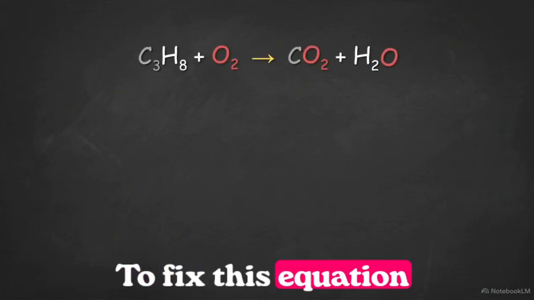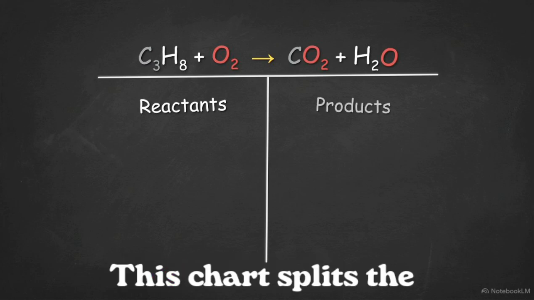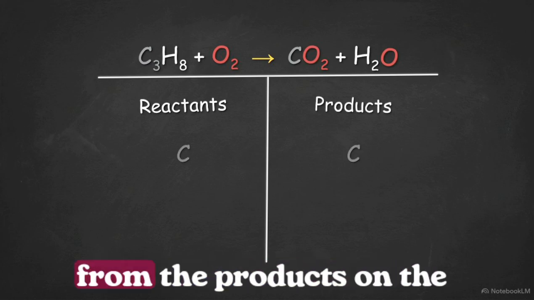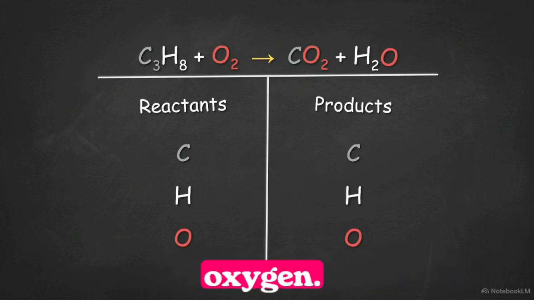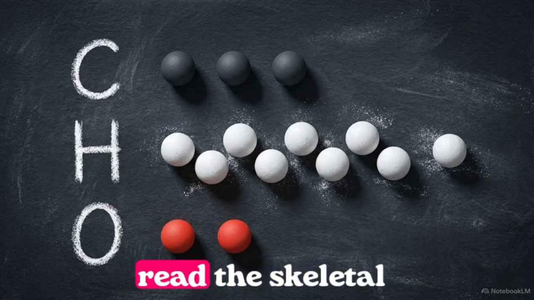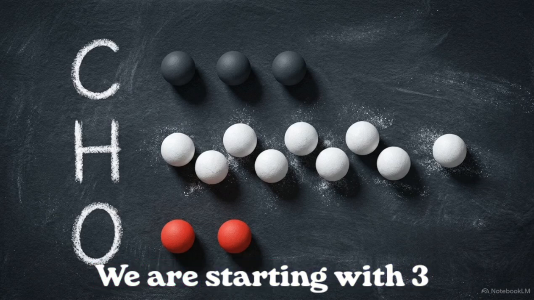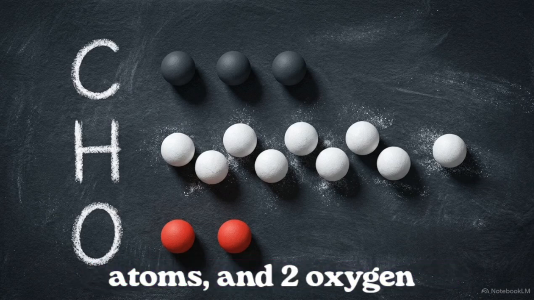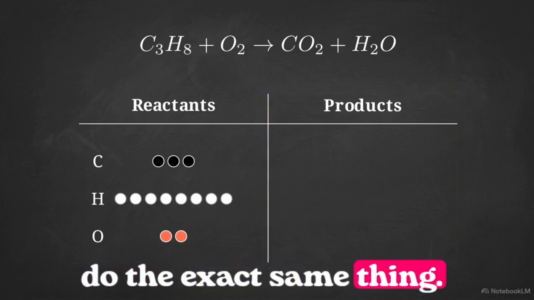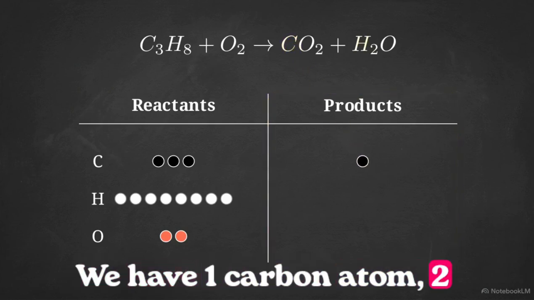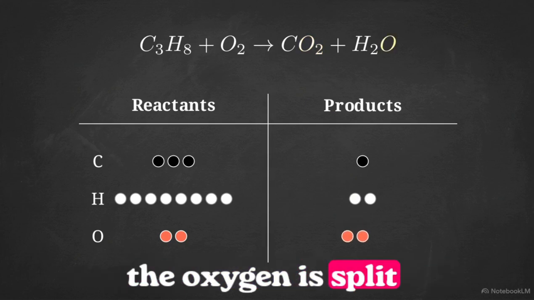To fix this equation without making a mess, we need a baseline inventory. This chart splits the reactants on the left from the products on the right, so we can track our carbon, hydrogen, and oxygen. On the left side, we read the skeletal equation exactly as it stands. We are starting with 3 carbon atoms, 8 hydrogen atoms, and 2 oxygen atoms. Moving to the right, we do the exact same thing. We have 1 carbon atom, 2 hydrogen atoms, and 3 oxygen atoms, noting that the oxygen is split between 2